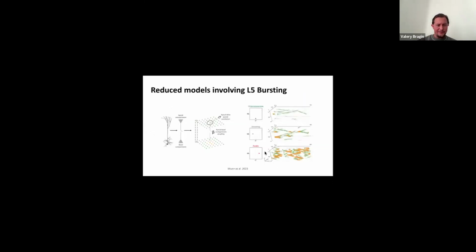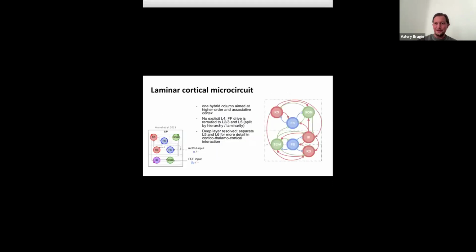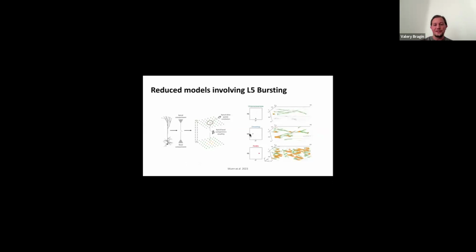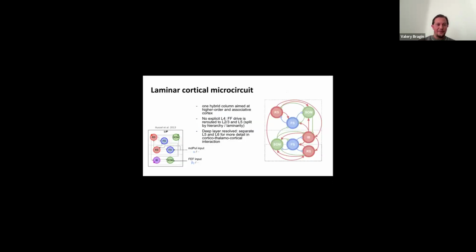Yes, there are some other models that employ this little reduced model of layer 5 bursting, but I skip it in the interest of time, and I think you already have a lot of information today. So I will go to our models that we develop here in the brain simulation section, and it builds on previous cortical macrocircuits and thalamocortical circuits from other groups. But it brings in this L5 model with active dendrites, not this full morphological cell, right, but a reduced several-compartment cell that still has geometry and can actually have this effect of bursting due to coincidence detection.